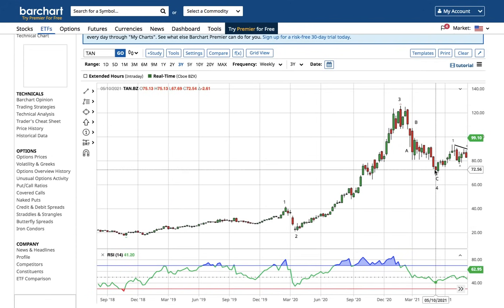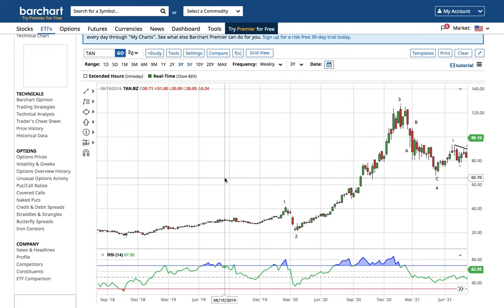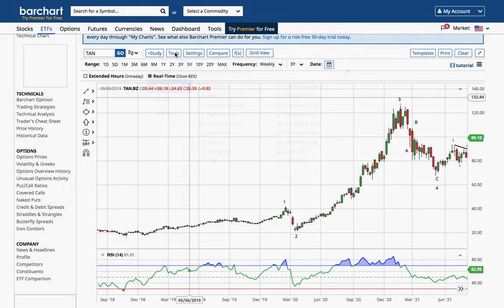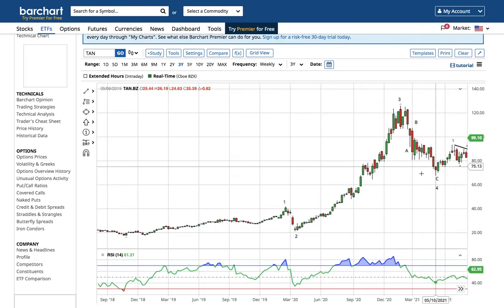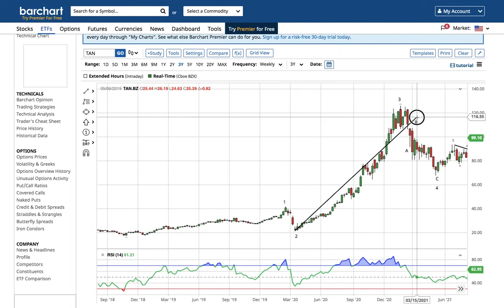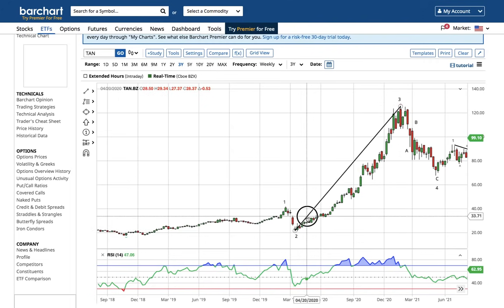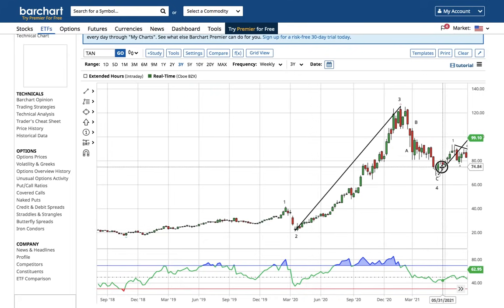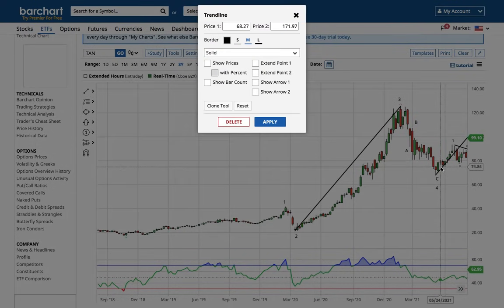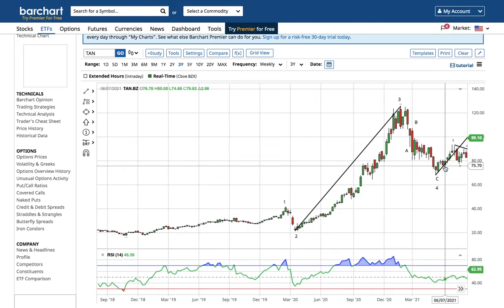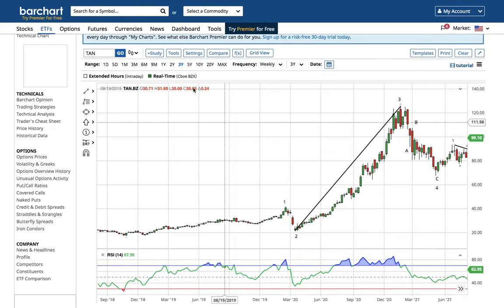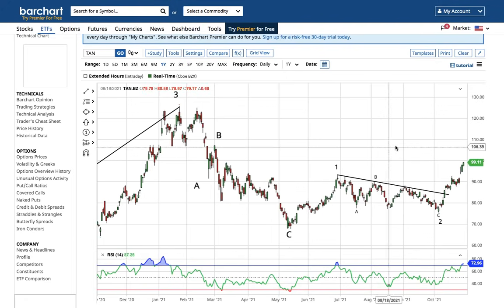But in the most conservative view of the TAN ETF, which is identical to the ARK ETF, this is the wave 1 and a wave 2. This is the wave 3 and a wave 4. So we're within a wave 5 right now. If we hold the wave 4 low, wave 5 will be at least the length of wave 3 placed at the wave 4 low. I mean, we could see the solar ETF in the bigger picture potentially go as high as 170. And it's only at 100 right now. And that lines up with Enphase Energy. It lines up with First Solar. And it lines up with Tesla too.